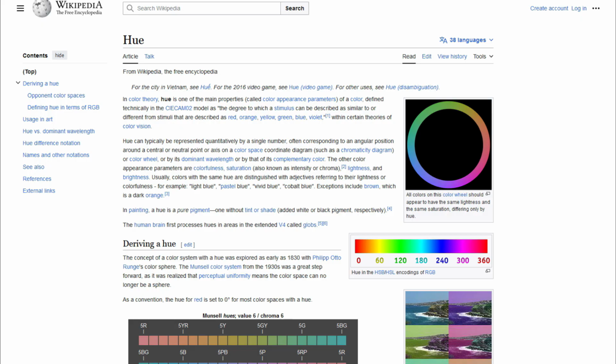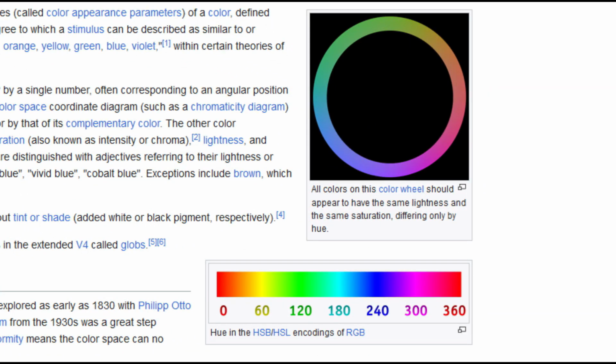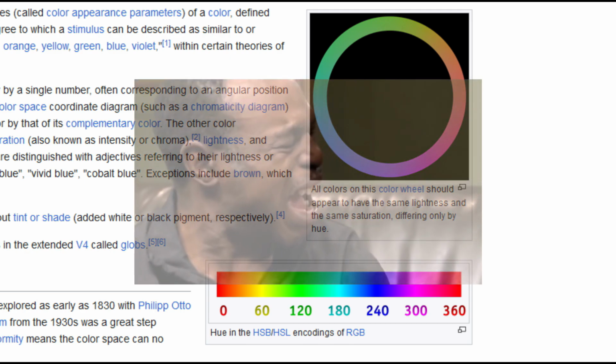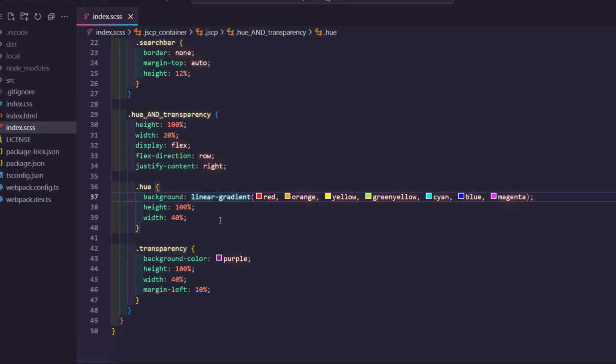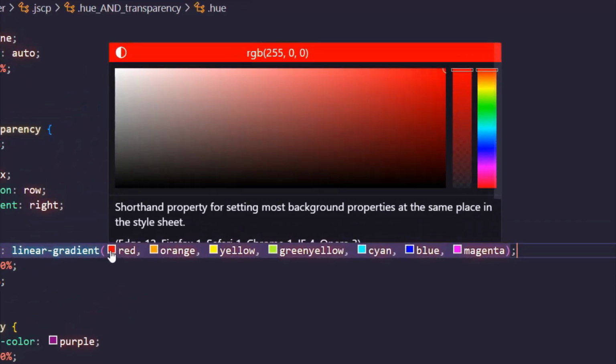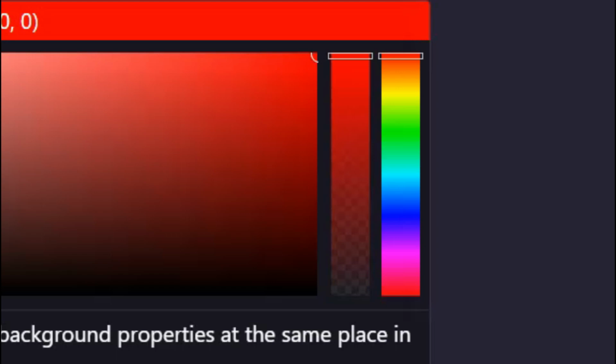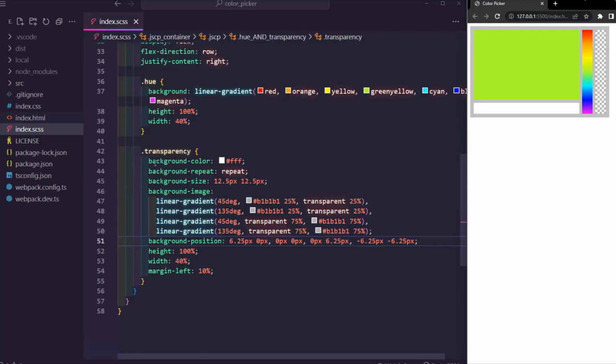For some reason, instead of looking up the colors that make up a color wheel, I used arbitrary colors to make the rainbow pattern. I corrected this later on. Next, I worked on the alpha channel. The convention is to have a checkerboard pattern as the background so that the change in the selected color's transparency is easier to see. This pattern took me a while to replicate with CSS, but eventually I figured it out.